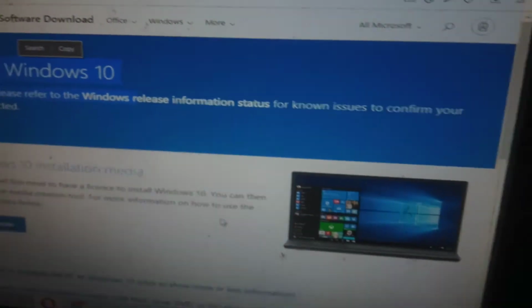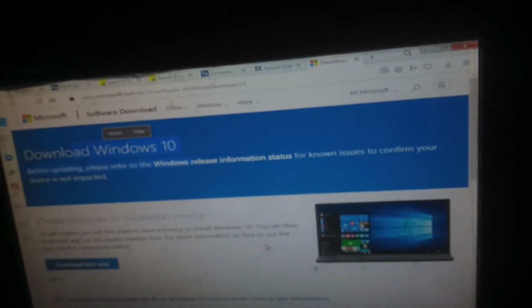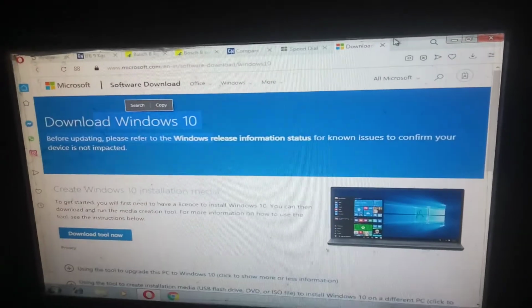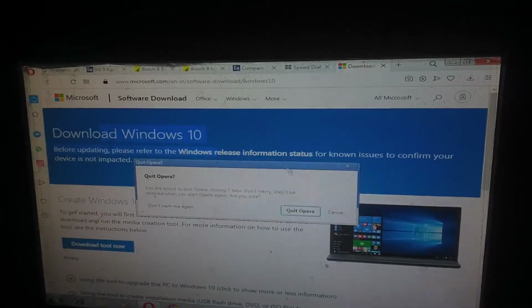Guys, it's downloading. It's fast or slow based on your internet. Guys, I'm pausing. I have already downloaded using this technique on my mobile and made a bootable disk by transferring to the PC. Okay guys, you know the changes, the difference between these both. I will show my PC guys.